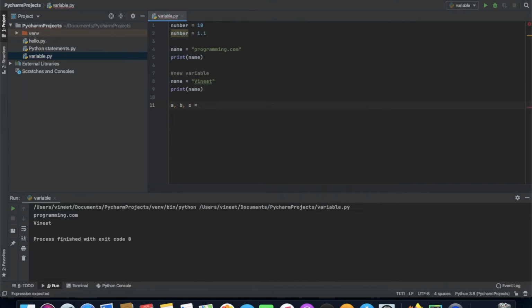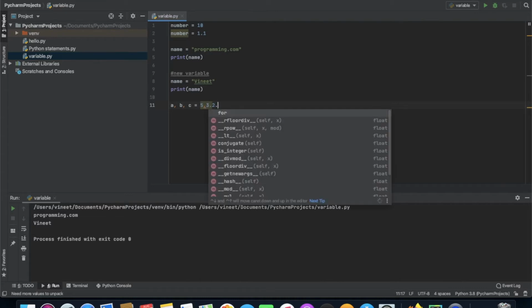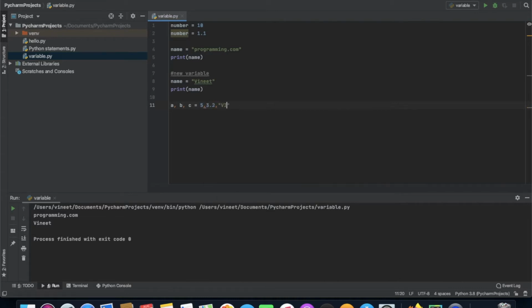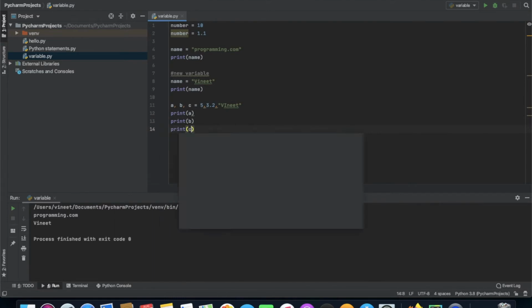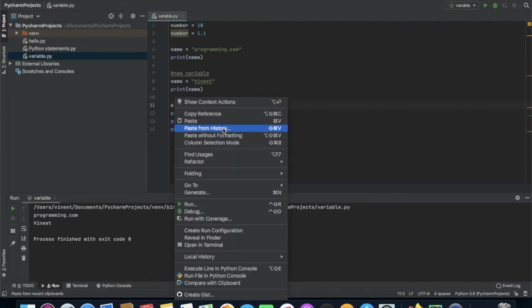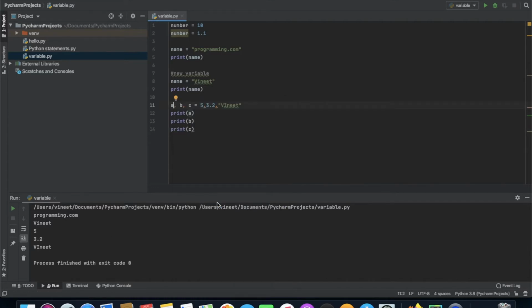I'm going to assign an int value 5. Now I'm going to assign a float value. Now I'm going to assign my name also. If I want to print this, I can print a, I can print b, I can print c also. Now if I run this, what I am getting is 5 for a, 3.2 for b, and my name for c.